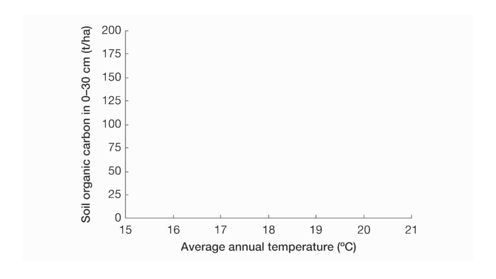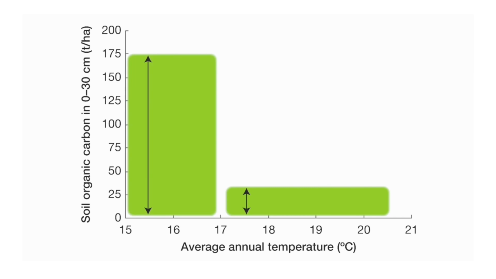While unravelling the influence of geographic position from rainfall and temperature is difficult, data suggests environments with an average annual daily temperature of more than 17 degrees Celsius are limited in their capacity to accumulate carbon in soil, showing a narrow range of carbon values. Sites where average daily temperatures are below 17 degrees Celsius show a wide range in soil organic carbon values, which indicates a greater potential for management, soil type, and smaller scale climate variables to influence soil organic carbon.